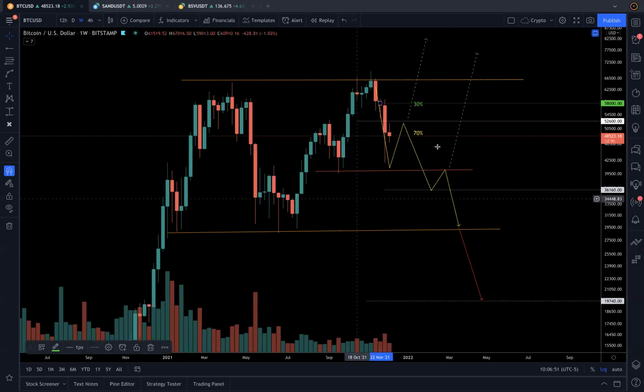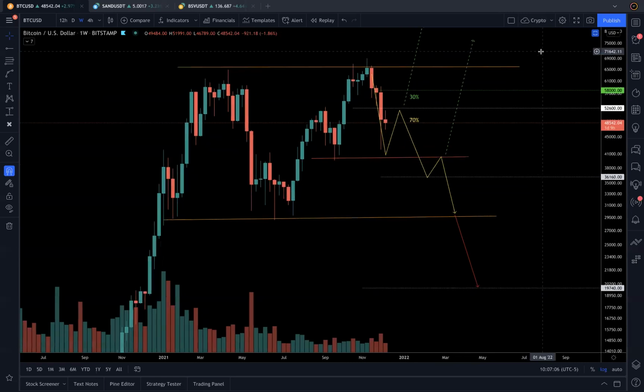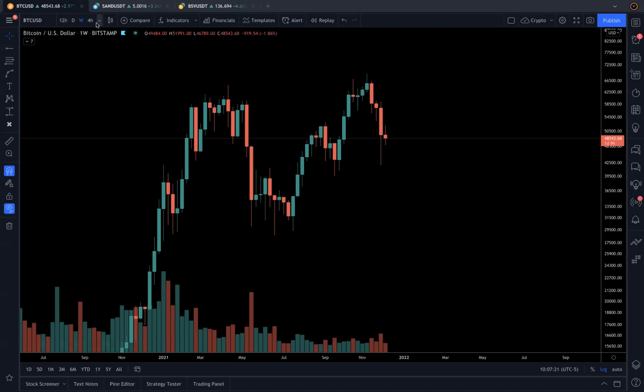If it breaks above 58k levels, then I'll change the probability to 70. It's higher. Okay, so I hope this is super easy and easy to understand. So I would insist that you focus on this layout and keep this big picture in mind. Okay. We'll have a quick look at the monthly as well.